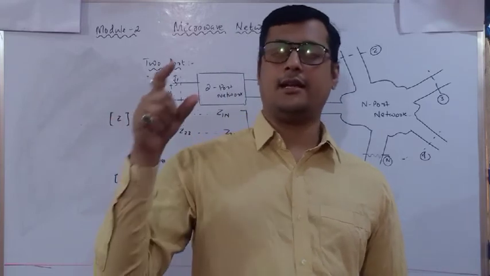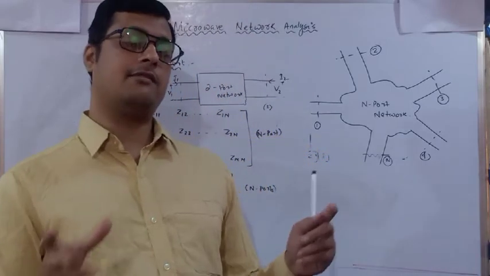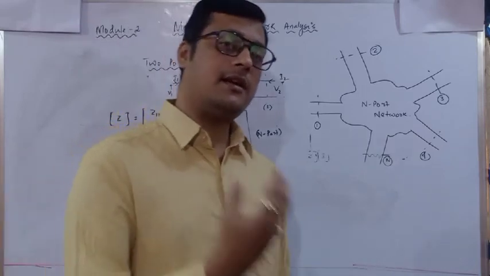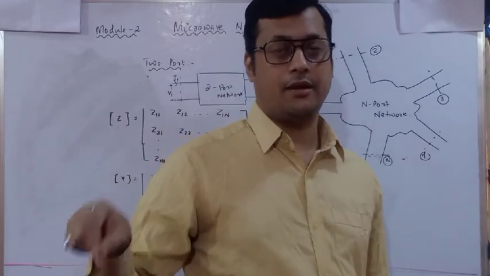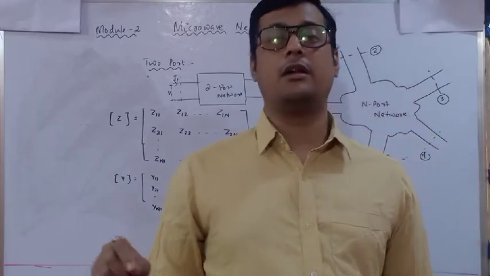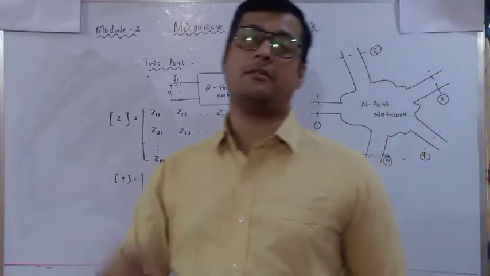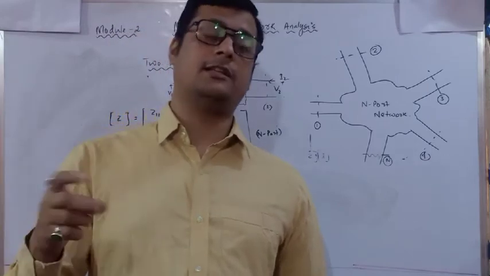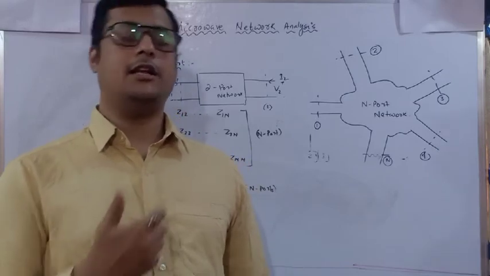Similarly, that line I can use as a two-port network. If it is a two-port network, that means again it will come in terms of impedance and admittance. Now if it comes in impedance and admittance, I cannot refer to those parameters I have already identified, like Z0, what is our phase constant, all are in terms of lumped parameters. But when I am entering this network analysis, those lumped parameters I am not going to discuss. I am going to discuss rather with respect to potential and current. Incident potential, incident current, reflected potential, reflected current.